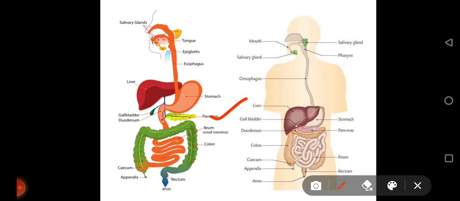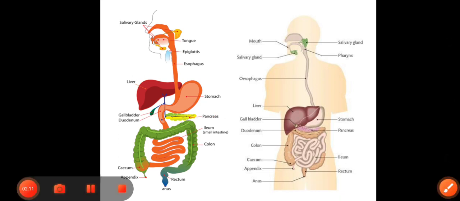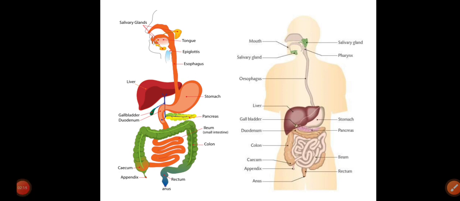And we all know that there is a very important role of villi, which are in the small intestine, for increasing the surface area, so that in a regular way absorption takes place inside the small intestine. This is all about nutrition in human beings, how nutrition takes place in human beings.